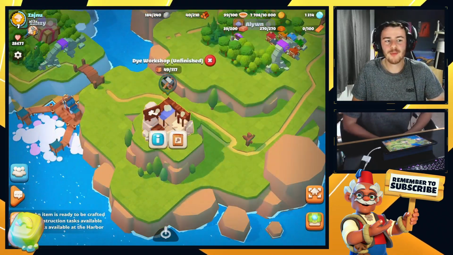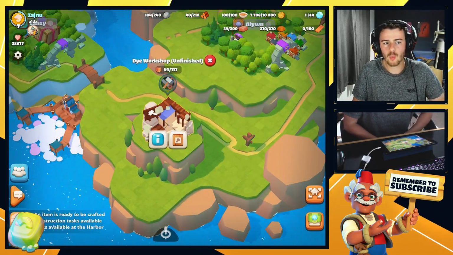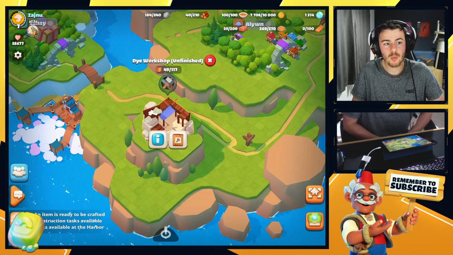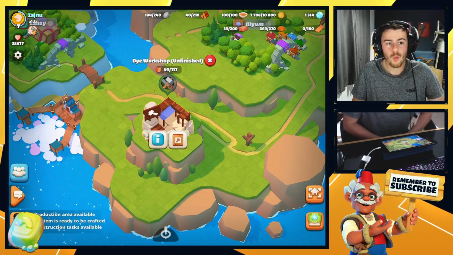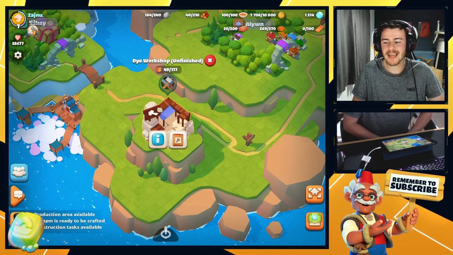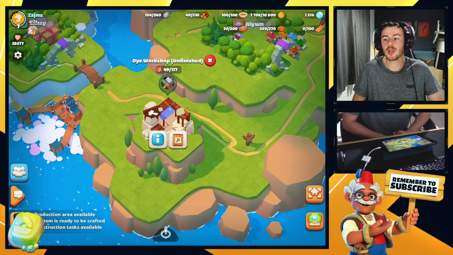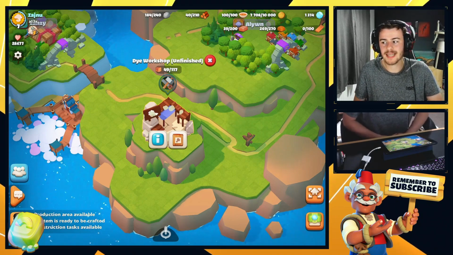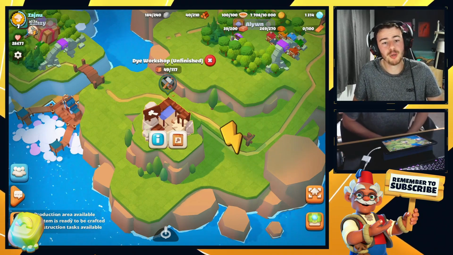Alright, so the next event we have is going to be here for the dye workshop. Unfortunately, we have actually not built this yet. It's something we are currently, as you can see, working towards. I'm sure we'll get there in the next couple of days. But this event is going to be called Dyeshop Meltdown. You need to have a minimum of Valley level 6, and it's just going to give you 100% boost